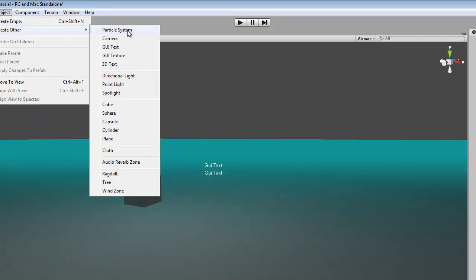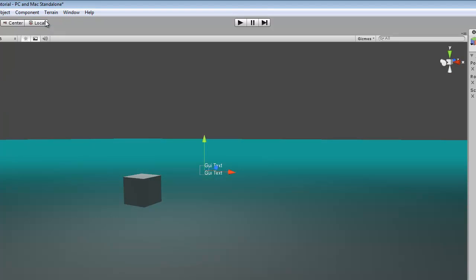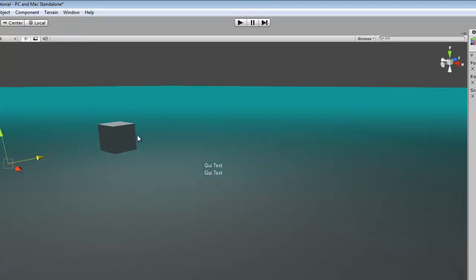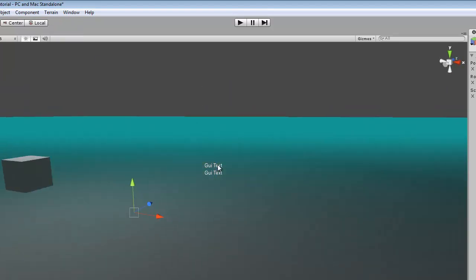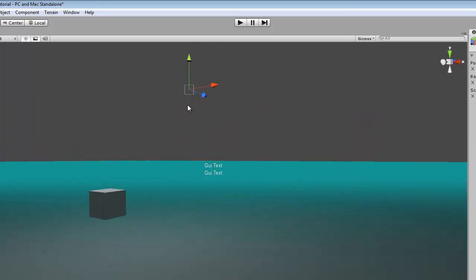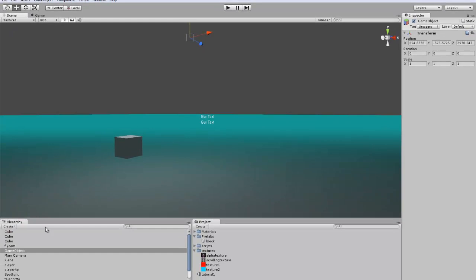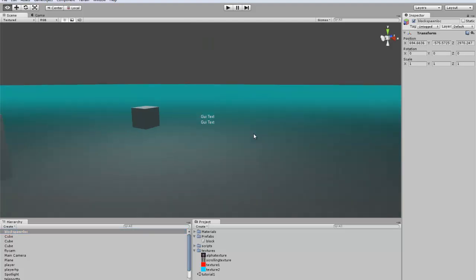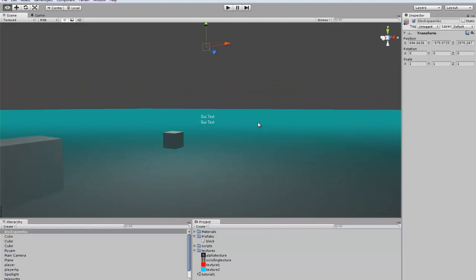So the next thing we want to do is create an empty game object. And we can put it wherever we want. We are just going to name this block spawn loc, just to make it easy to figure out what that is. And we are going to take our script,